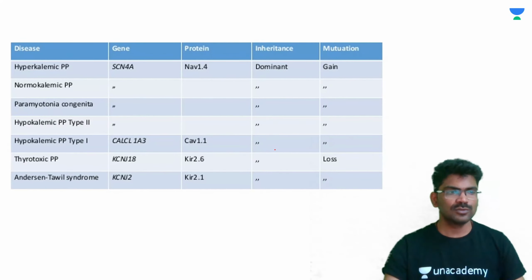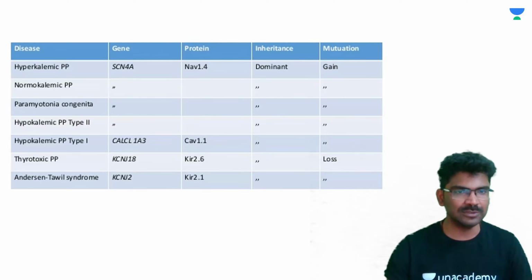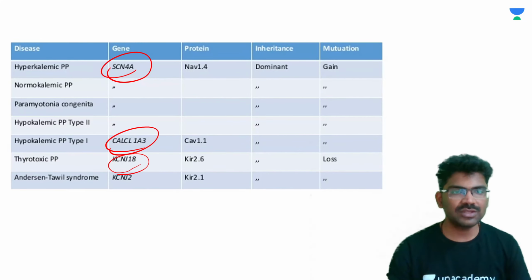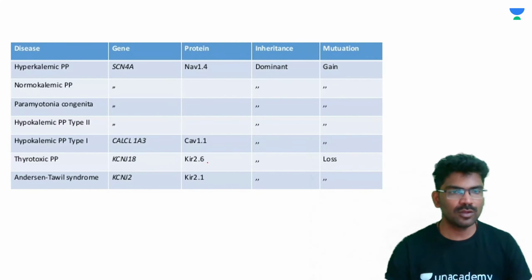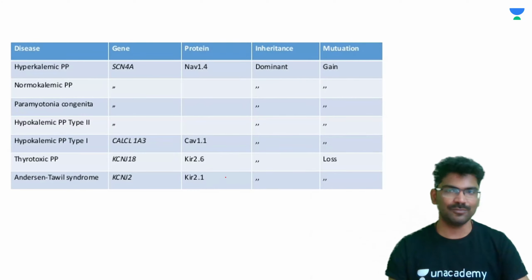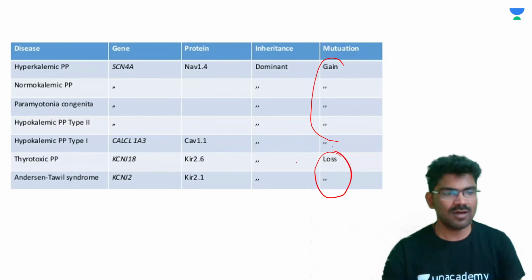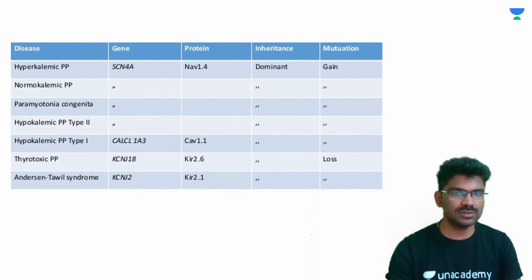Look at this. For periodic paralysis, I have given the table. Later on, you can go through the table. Look at the channels: sodium channel, calcium, potassium, right? So go through it on your own. Good guys, nice. It seems you are aware of all of these. Here this is gain of function mutation. Here it is loss of function mutation. I found this table quite informative. And you see all of them are inherited in a dominant manner. So no need to worry.